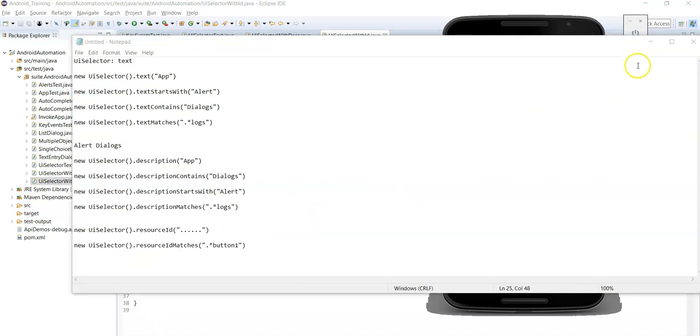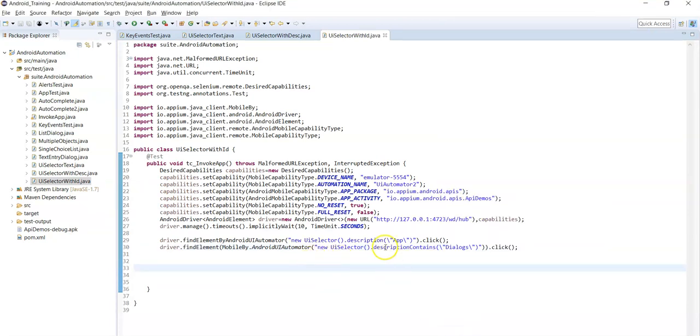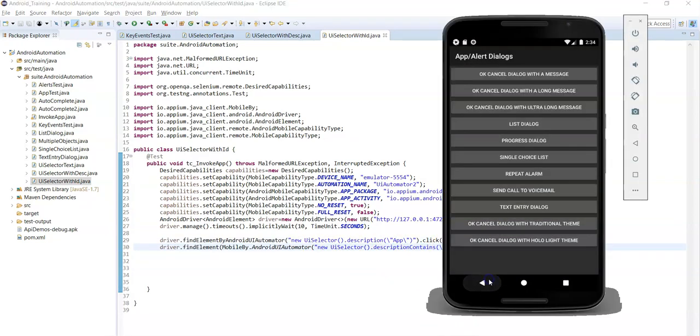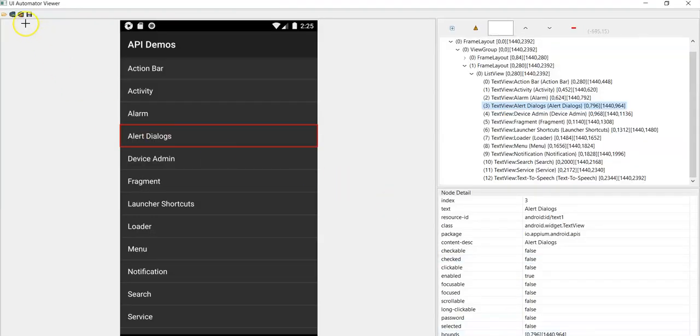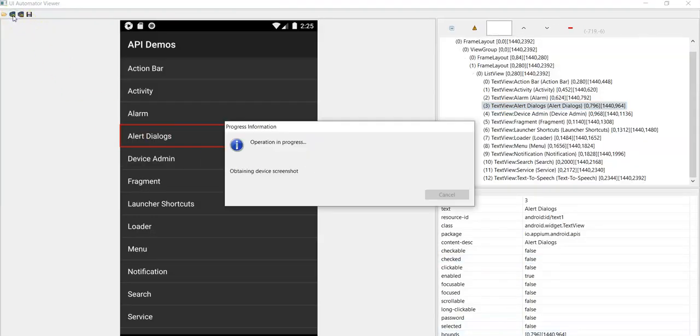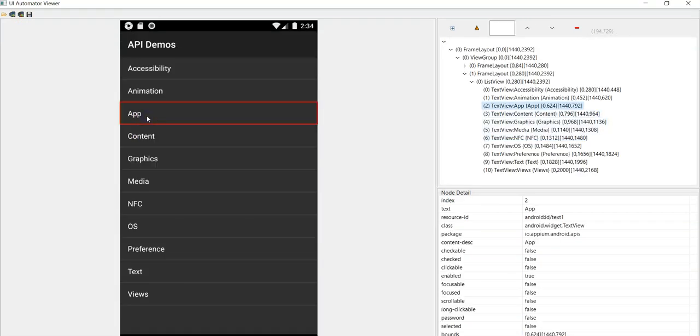For that, first we need to navigate to the alert dialogs page, right? So first we need to identify the resource ID for app and then alert dialogs. Let's identify the resource ID for this. If the resource ID value is unique, you can use that value, or else you can use any of the previous methods: description, descriptionContains, descriptionStartsWith, descriptionMatches, or text attribute values like textMatches, textStartsWith, textContains.